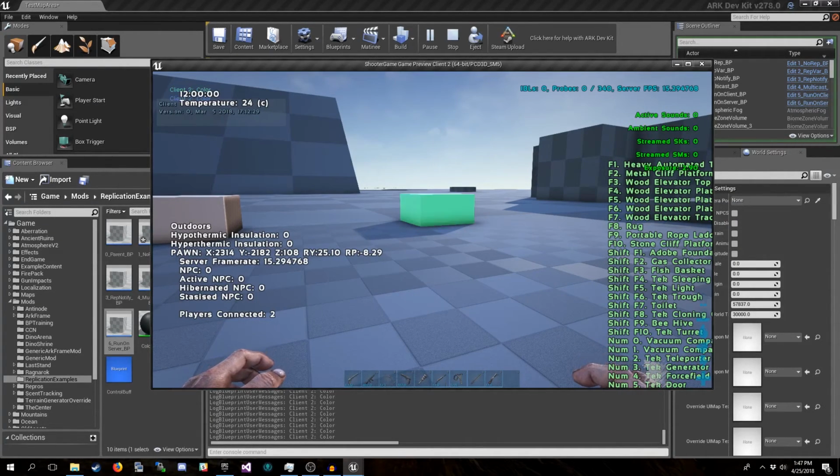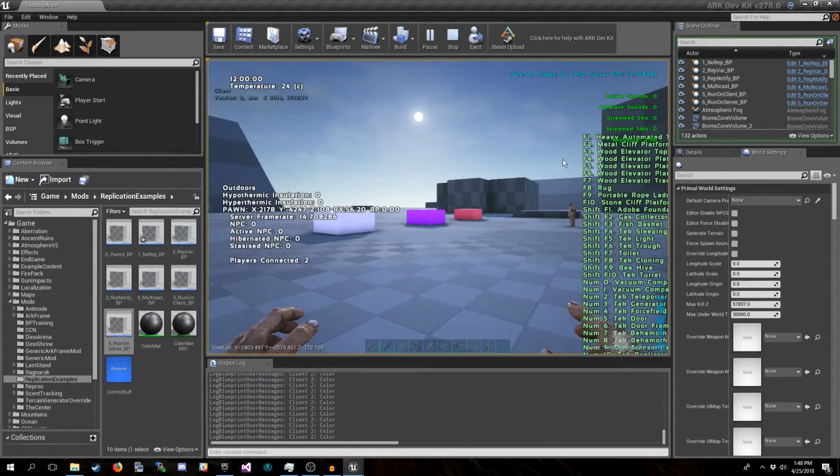So chances are, even though I am only seeing this color change, there may be other variables on the buff that are set to replicate that are also being forced to unnecessarily replicate down. So use that force replicate only if you actually need it. If you need an immediately visible, tangible change, you can do that.